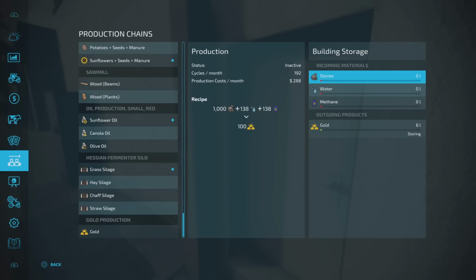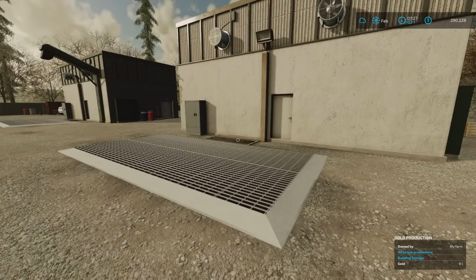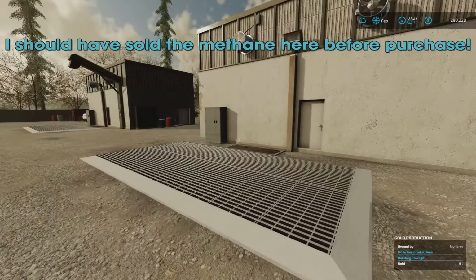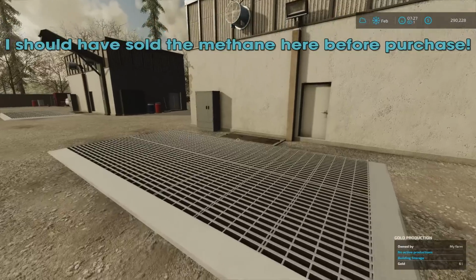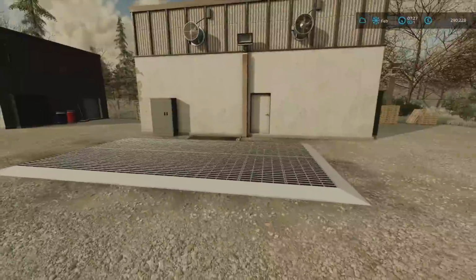So we now own this. We've got 6 litres of gold, apparently. I don't know what a litre of gold looks like, but it must be cool. And we'll add that to our collection of things we can start producing. So what I'll do is... I don't know how much methane that's going to take. I don't want to put it all in here and not make any money. I know we'll make the money from the gold, but